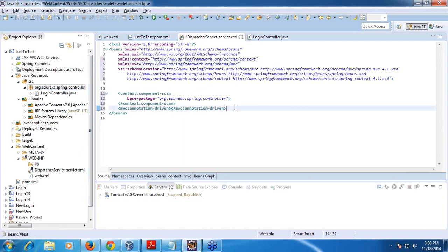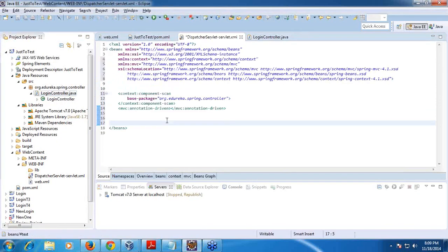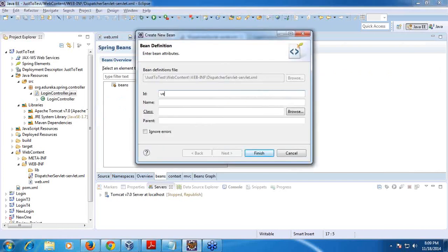Now finally I need to add something called view resolvers. If this login is telling me go to home, so where to go, what that home is, I need to resolve it through some view resolver. How will I do that? I will just click on this beans again. So new bean I will click, ID I will give as view resolver.